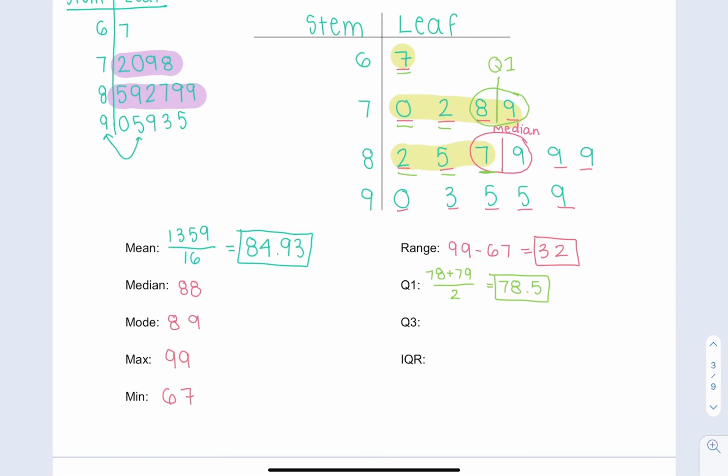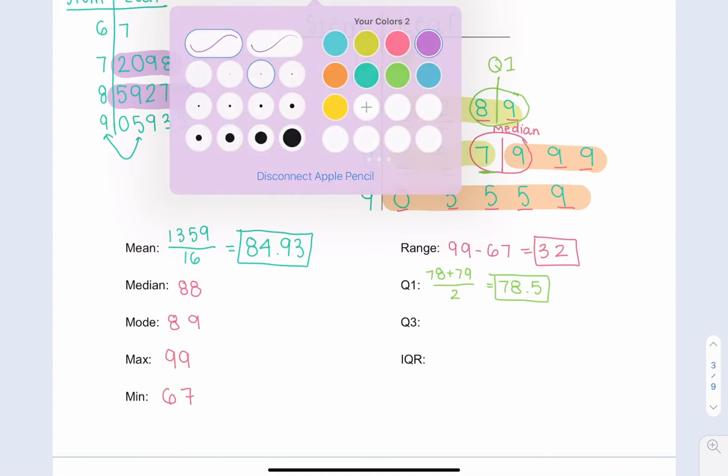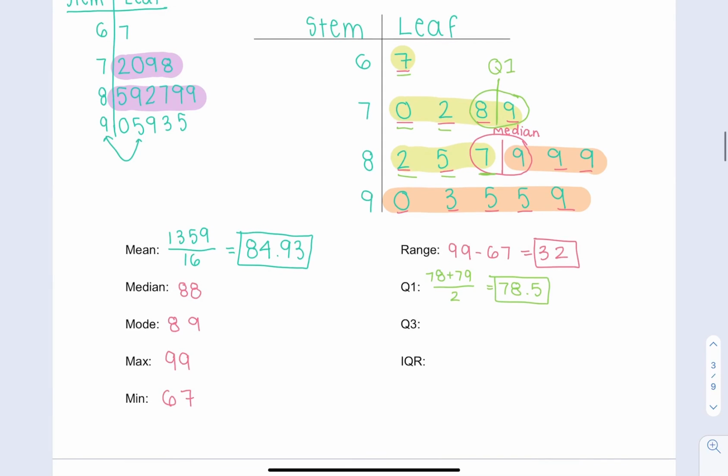Next up, we're going to find the Q3, so I'm going to highlight my second half of the data. And I'm going to try to figure out what Q3 is. So I'm going to start at the bottom, the lowest number, cross off the highest number, lowest, highest, lowest, highest. And I end up with 2 numbers here, so I know my Q3 is right in between. So it's right in between 90 and 93, which if I add those up and divide by 2,